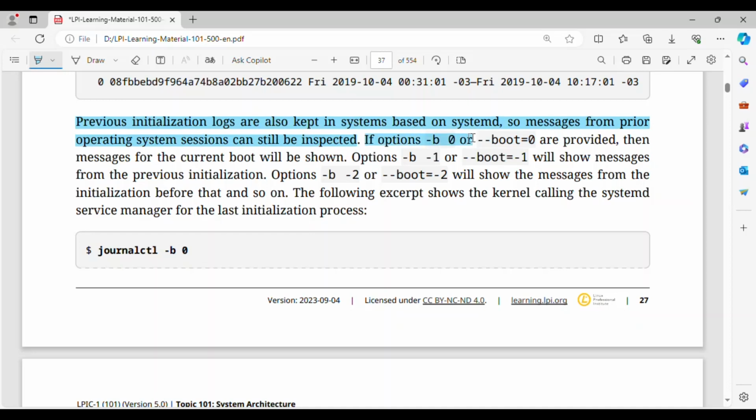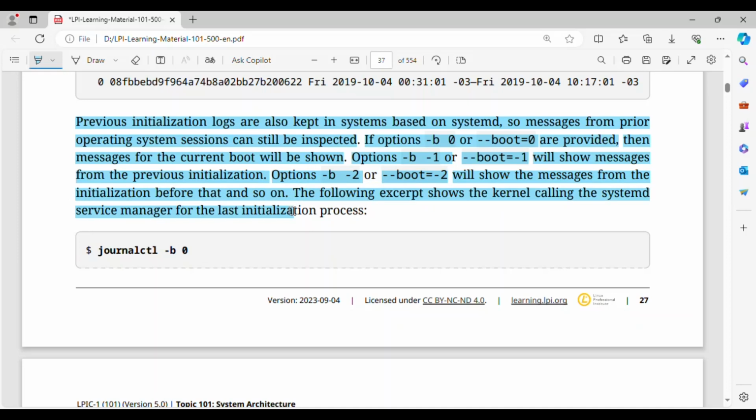If options -b 0 or --boot=0 are provided, then messages for the current boot will be shown. Options -b -1 or --boot=-1 will show messages from the previous initialization. Options -b -2 or --boot=-2 will show the messages from the initialization before that, and so on.